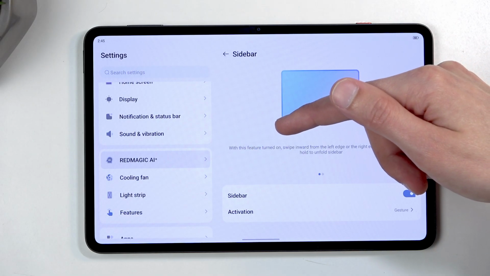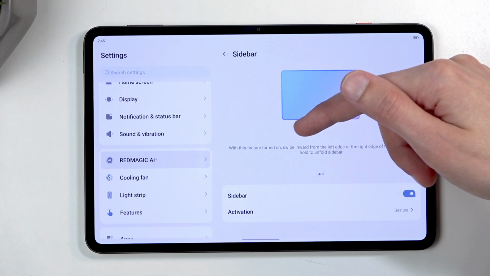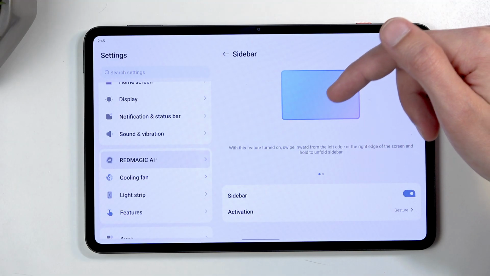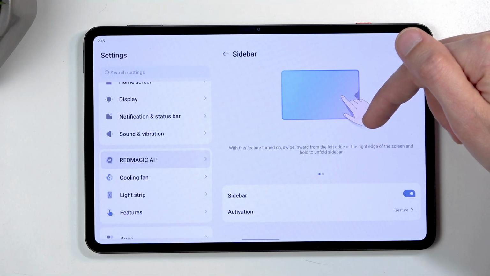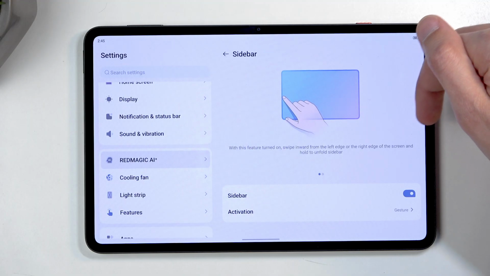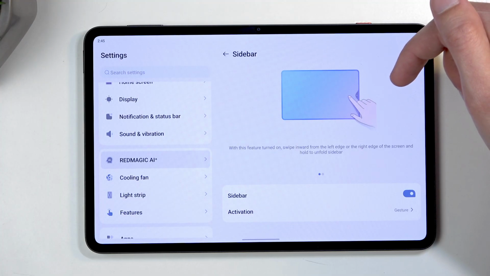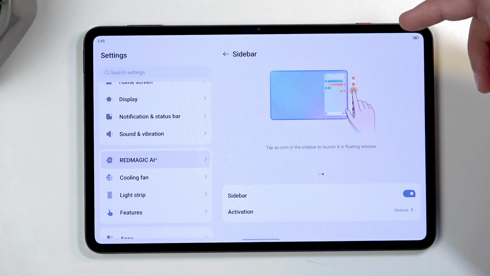While this feature is turned on, swipe inwards from the left edge or the right edge of the screen and hold to unfold the sidebar. Okay,